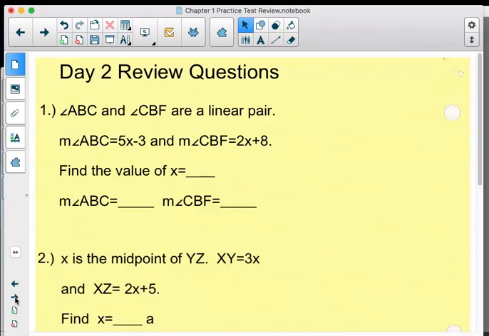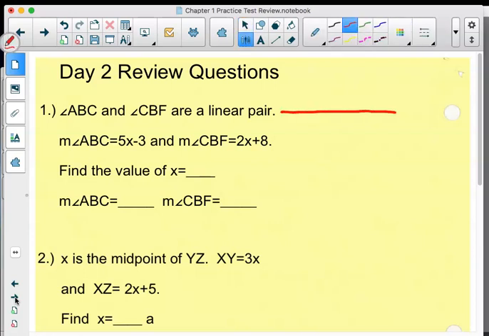Now, the day two review questions. I want you to be able to do these, and this is something you should be very, very successful with. Angle ABC and angle CBF are a linear pair. Linear pair, adjacent supplementary angles. Okay, that's a linear pair. So I got A, B, C, and CBF. ABC is 5x minus 3. CBF is 2x plus 8. I know that these added together